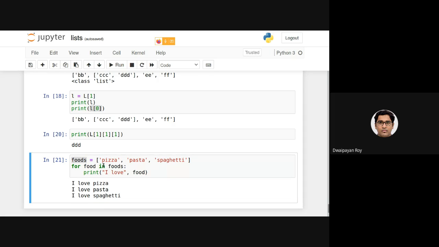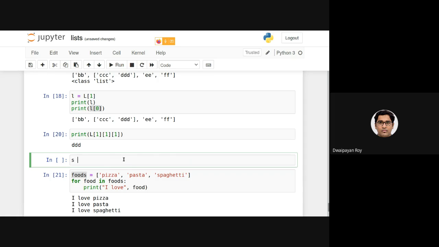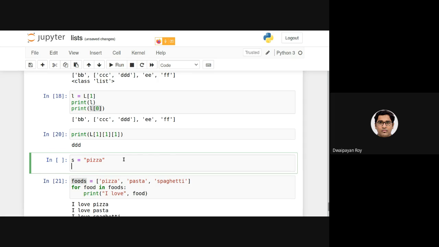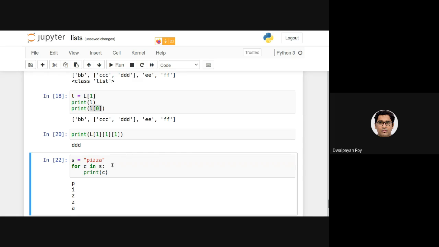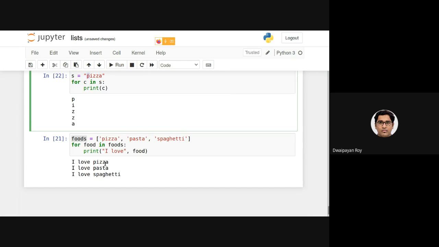Now, again, there is a similarity here. Like if I declare, say, a string like this, and if we use, say, c in s, c, as we have seen, was considering the individual characters in this string. Similarly, here, instead of considering a string, we are considering a list.